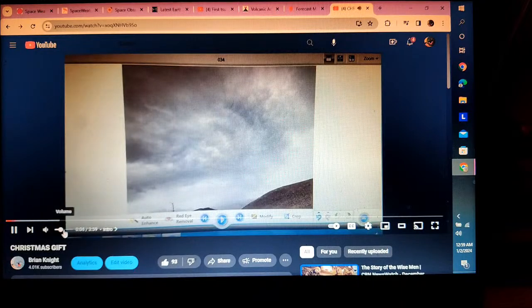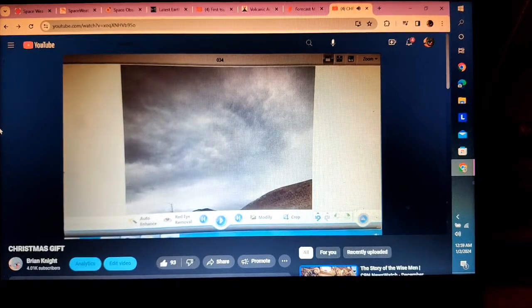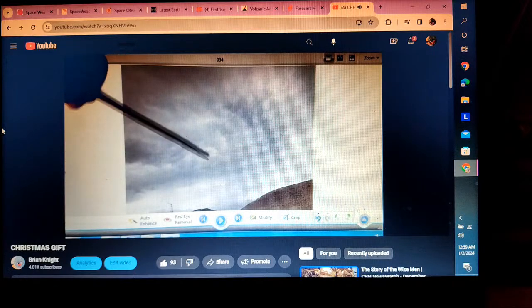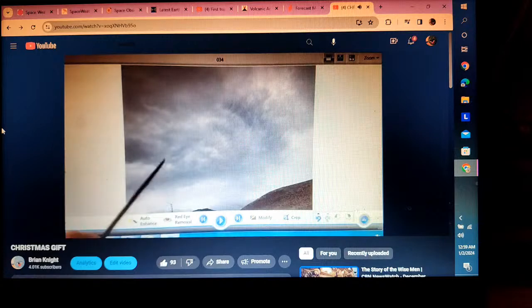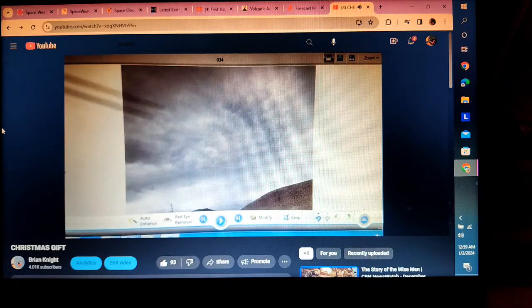So, I know there's a lot of activity going on the sun, but I really don't feel like reporting on that stuff right now. Actually, I want to go back and revisit an event that happened earlier this year, 2020, around Easter, when I captured what appears to be Jesus in the clouds here. So I need you to tilt your head to the right about 45 degrees, and here's an eye, his other eye,